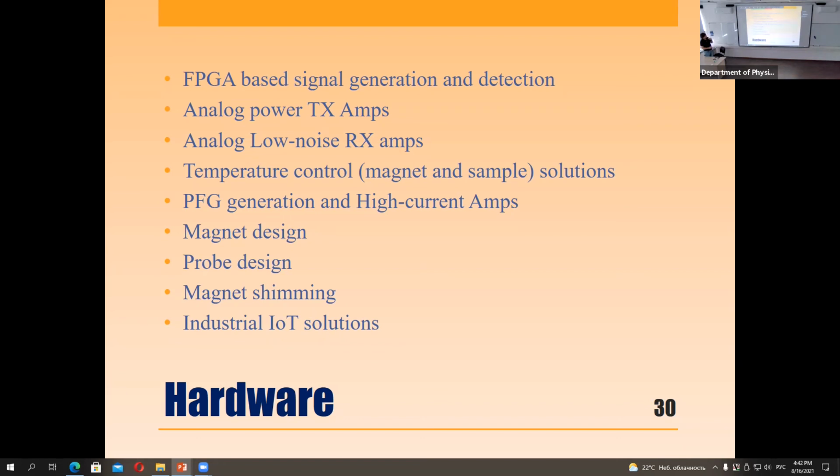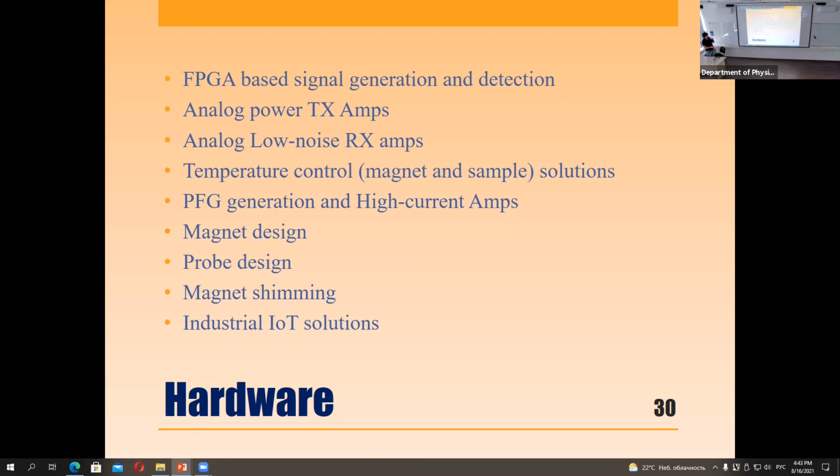Low noise is very important, very critical. Then if you are working with permanent magnets, you must stabilize the temperature because your magnet is drifting, and the normal drift for a neodymium magnet is 1000 ppm per 1 degree. So you need to keep the temperature. We now stabilize the temperature to 0.002 degrees centigrade. It's more or less good for time domain, but it's nothing for high resolution, by the way.